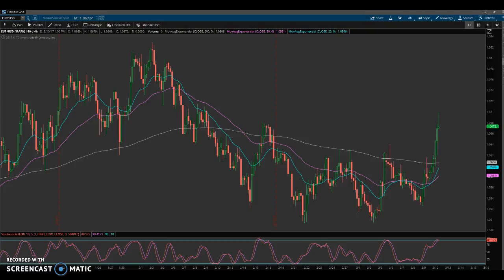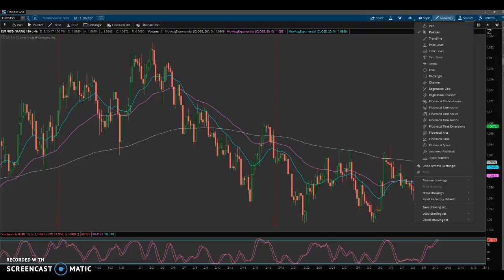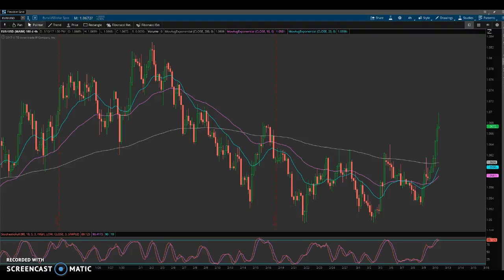I use TradingView for this particular analysis because they have a couple of extra little pattern tools that thinkorswim doesn't offer on their platform. I do mainly all of my analysis on thinkorswim, and they have a fair amount of things. Basically, everything I use is up here. But TradingView has this really neat triangular tool that I use for advanced patterns